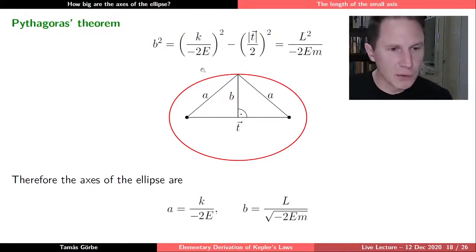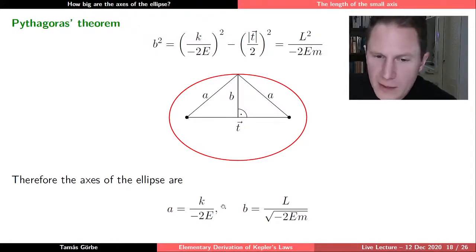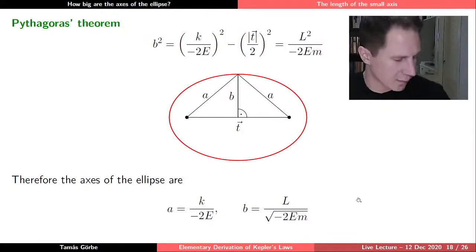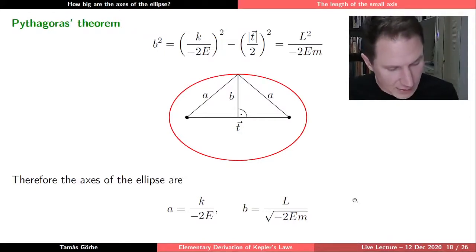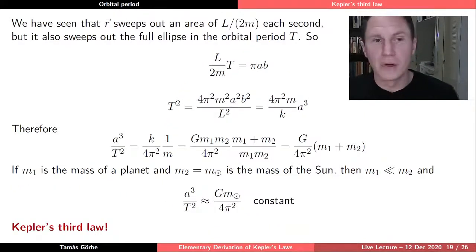Okay, so the two axes of the ellipse are A, which is equal to k over minus 2e, and B, which is equal to L over the square root of minus 2em. And remember, e is a negative number, so what we have under the square root is a positive number. So now we have the axes of the ellipse, which means that we can in fact prove and derive Kepler's third law